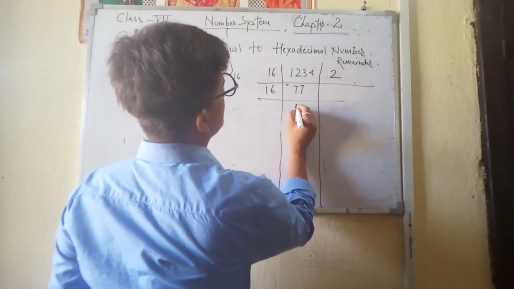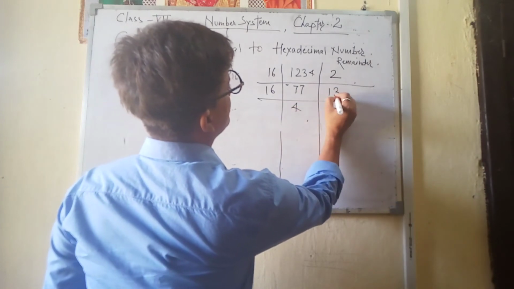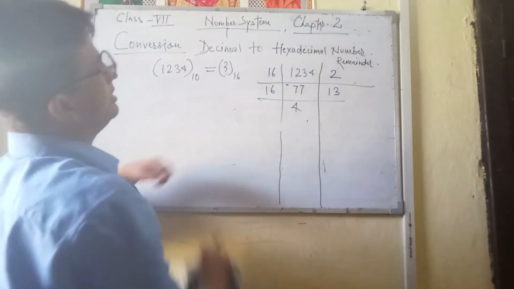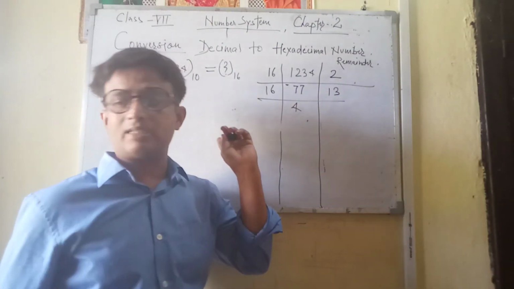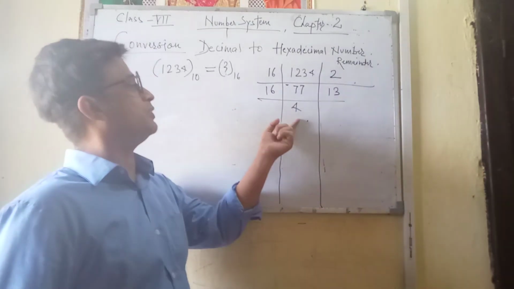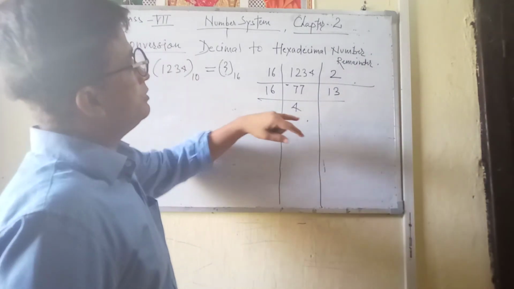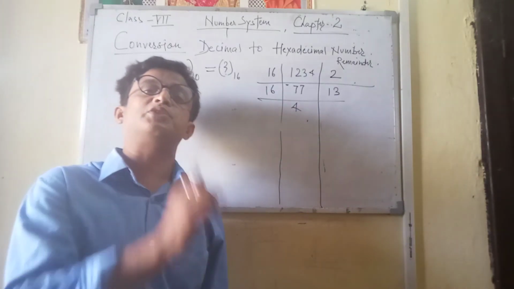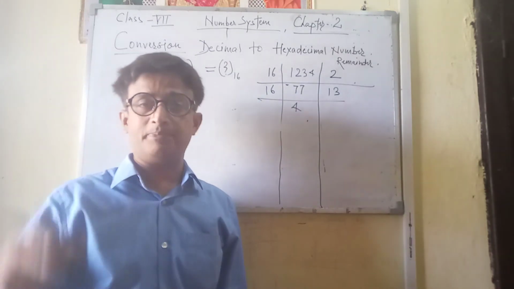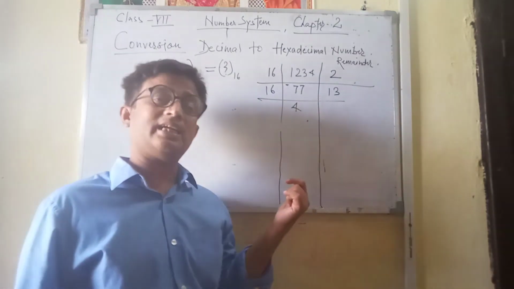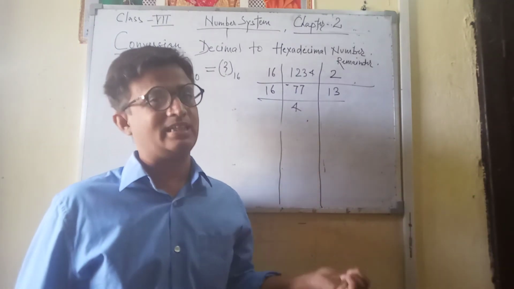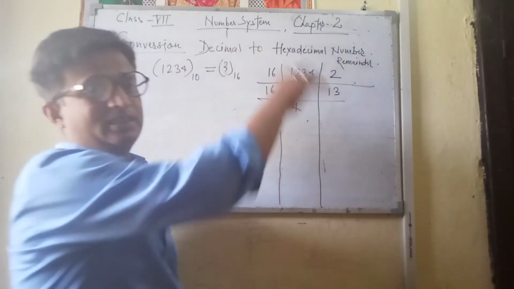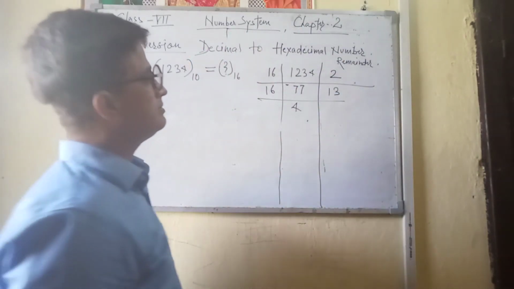So what will we do? Write here the quotient and the remainder here. Now further down we cannot divide because 4 is smaller than 16. So what will be the remainder limit? The remainder limit will be from 0 to 15. 15 means F. And already I have mentioned this in the hexadecimal section. Go through that again and again, then you will get over these particular mathematical problems of computers.